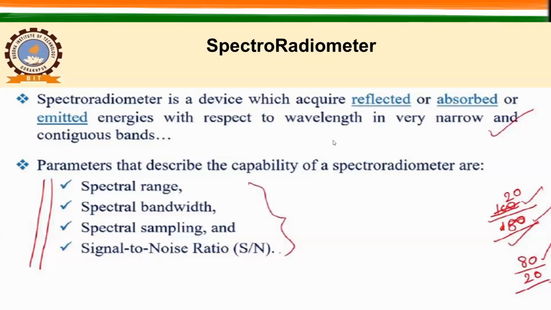In spectral sampling, we basically see how frequently it is going to acquire the sample. So in a minute or in a second, how many samples it will acquire. So let us say 100 measurements per second or 1000 measurements per second, because these instruments are very sensitive and they can measure 100 measurements in 1 second, and you will get only one average value, or you can have this flexibility: you can save all the 100 measurements, and then you will get 100 values for the particular material across the wavelength, and then you can do the average.